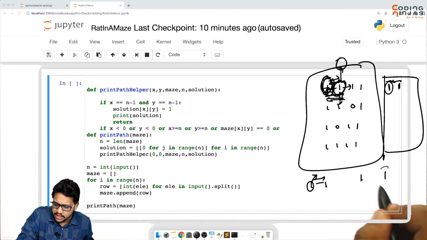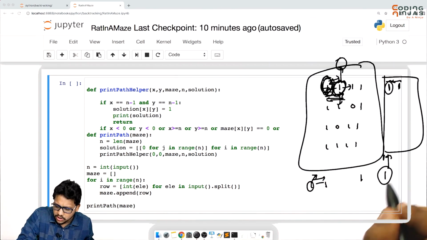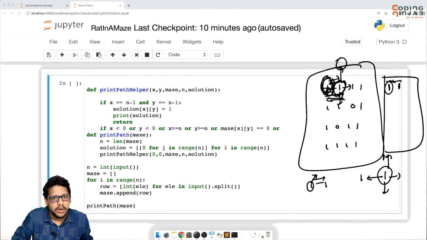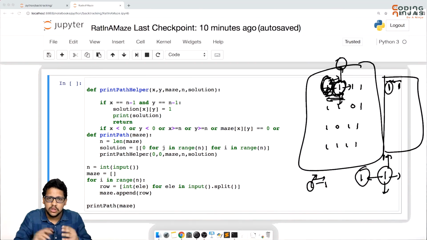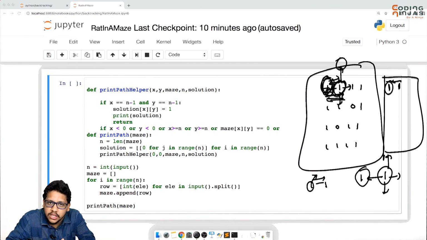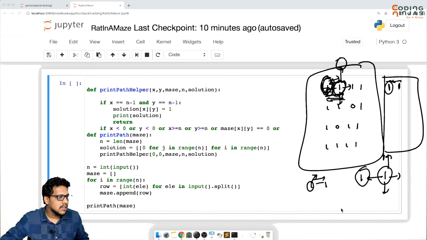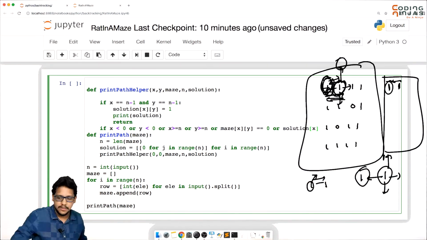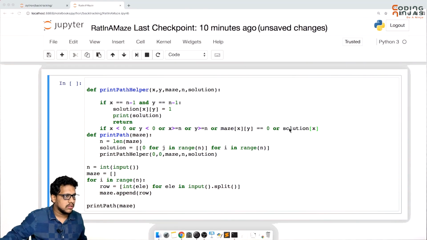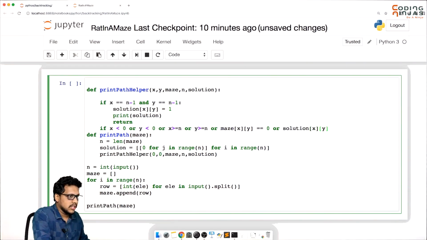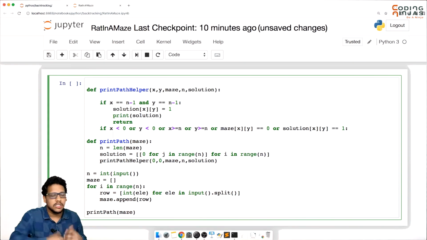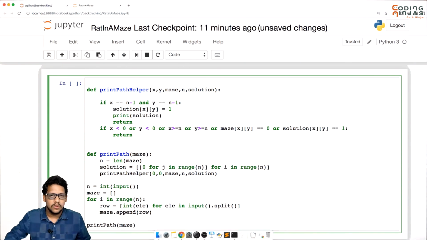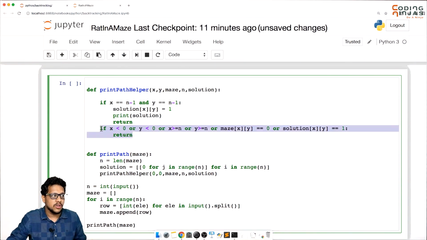If 1 is written here, and this is called upward, this is a blocking point. This is called down, you will do something. But if it called left again, that is also a blocking point, because here 1 is already included. So this becomes a blocking point for you, because you cannot do anything now. So the blocking point here is, when these are the 5 points, and if your solution matrix at that point is equal to 1, that means this is again a blocking point, because this has already been included. You just need to return from here. Okay, these are the 6 blocking points which you need to remember.